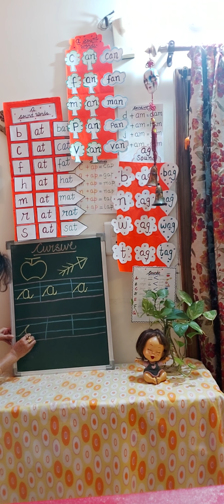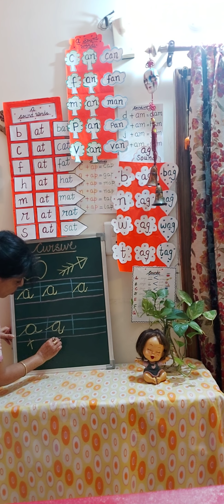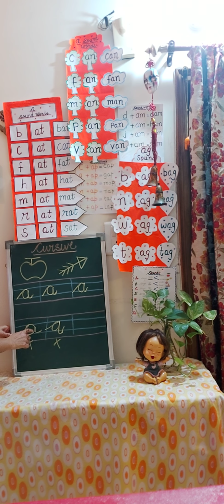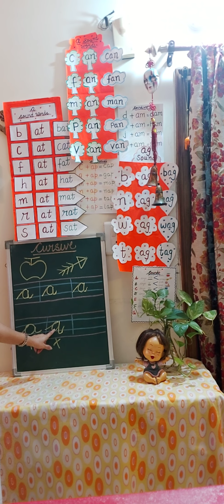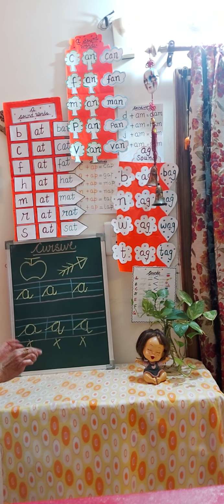Don't write A like this. It is not like O. It is not so round. Don't like this also. This is also wrong formation. This I am telling you because I have noticed that some of the students try to make like this. No, you are not going to make it this way, lifting your hand again and again. You will not lift your hand again and again. You are going to make A in one stroke.